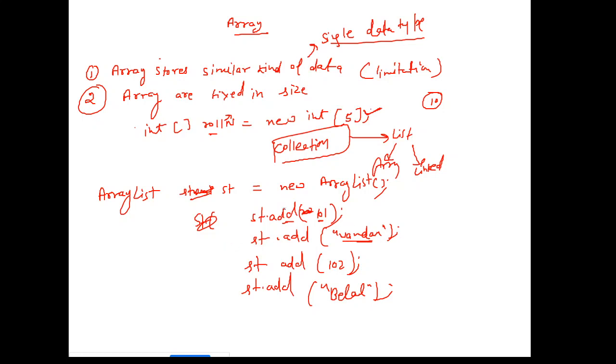But if this is so powerful, why not go for array list only? But there are some drawbacks of array list that I'll be showing you in the next slide. Until here, is everybody okay with the concept, why array list, what are the drawbacks of the array, and how can we utilize array list in that case? And the second thing is the drawbacks, which are coming in the next slide. So everybody is okay with this concept?